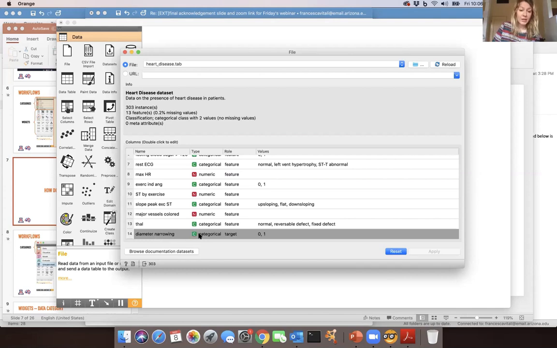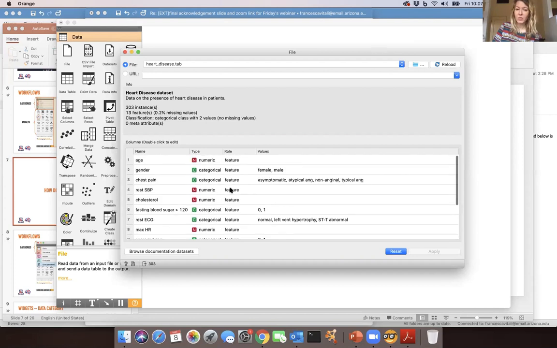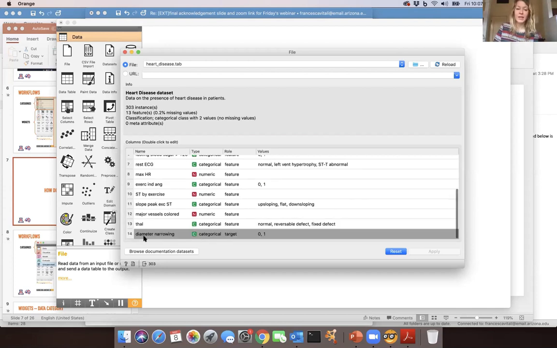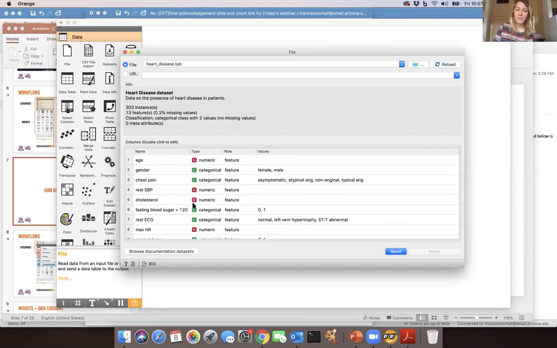And this is the target here. We see that all the other columns are features, meaning that the other columns are considered as features of your dataset, while the diameter is considered the target, so the class. And in this case it is 0, 1. So 0 if the patient doesn't have a clogged artery, and 1 if he does. Okay, so here you can see that you already have